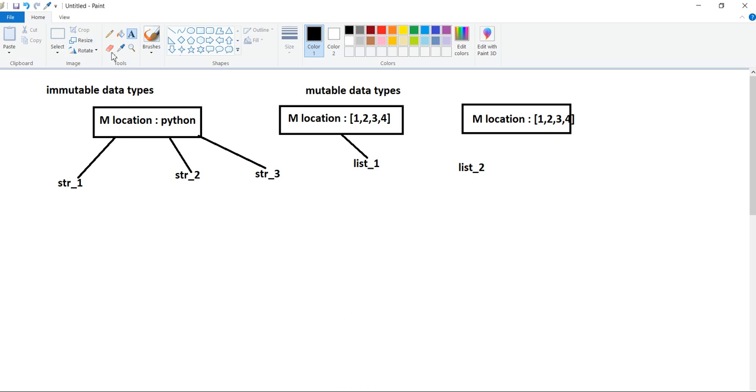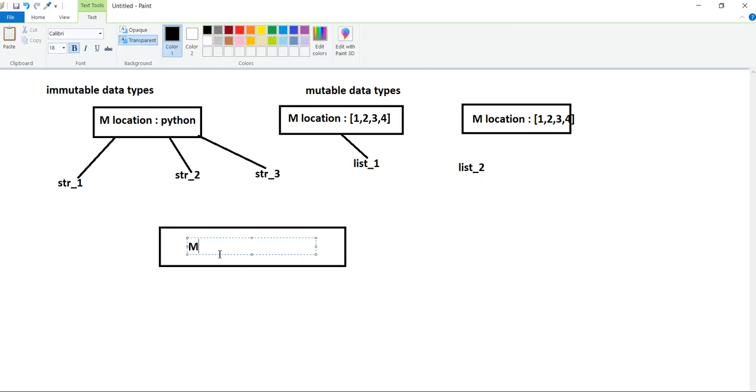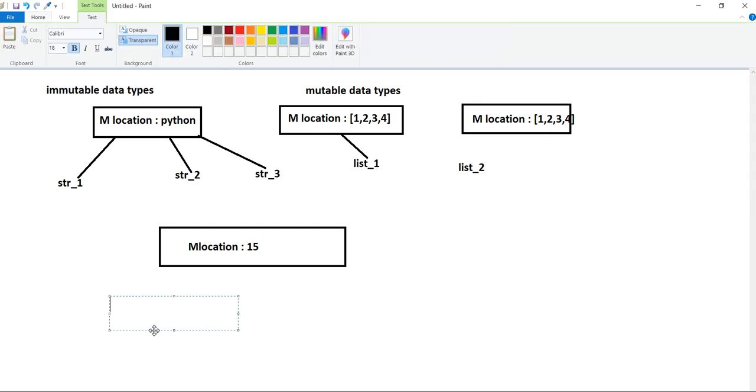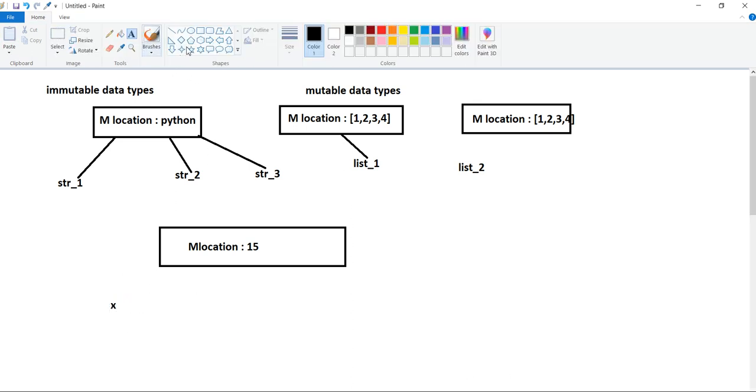So at the backend, whenever I define, this is my memory location having value 15, and then I defined a variable x that was pointing to this memory location. When I modified the value of x to 30, what happened? The new value is created because my value was not 15.